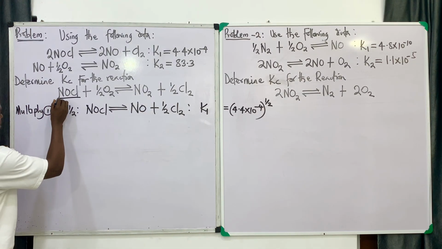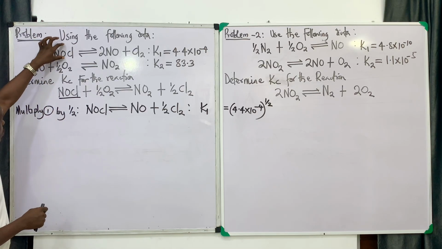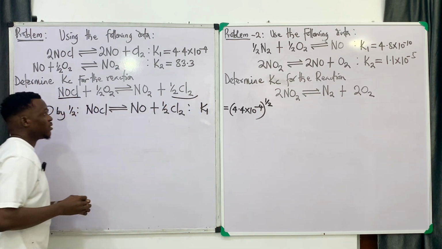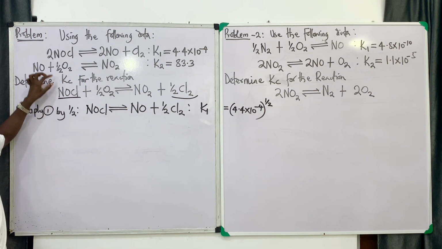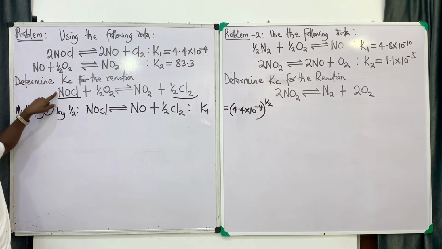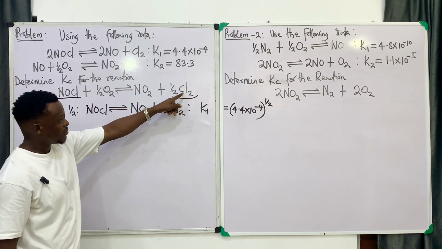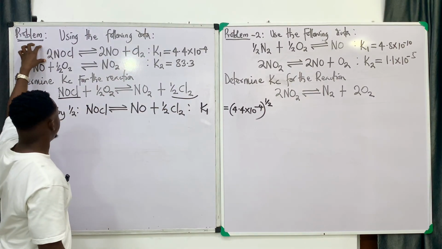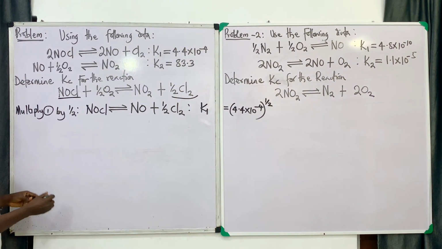Now, so I've taken care of this. If you notice, this equation 1 took care of NOCl and also took care of Cl2 because in the overall equation, NOCl was 1 mole, whereas NOCl in equation 1 was 2 mole. So by multiplying this with half, this becomes 1. So if you look at this overall equation, Cl2 is half, but here Cl2 is 1. So by multiplying this by half, here becomes half. All right. So let's look at the next one,